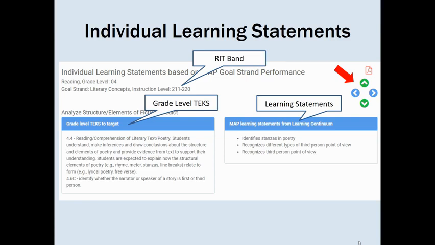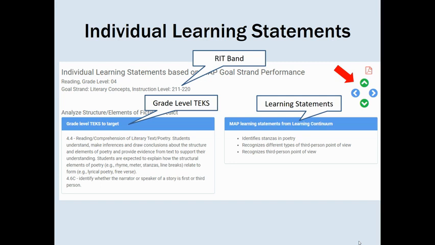These learning statements and TEKS can be used in a variety of ways. You can print this page to share with parents to help explain what MAP means. You can use this with students to do a learning-focused concrete goal setting. You can use these learning statements and TEKS in conjunction with your curriculum to identify concepts to review, reteach, or intervene with students. You can use them to enrich for higher